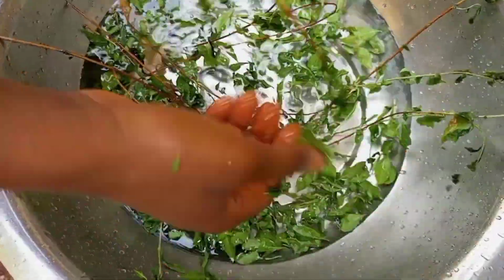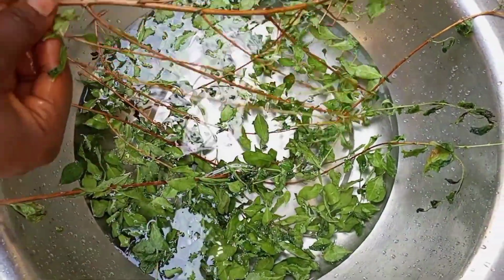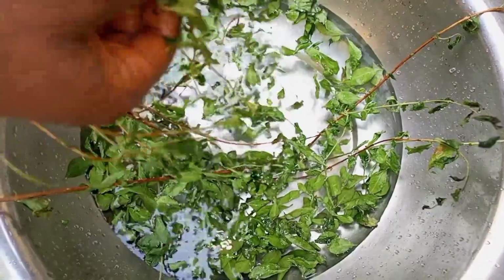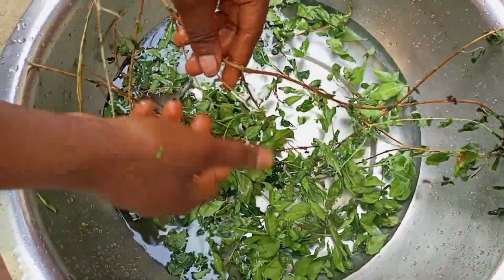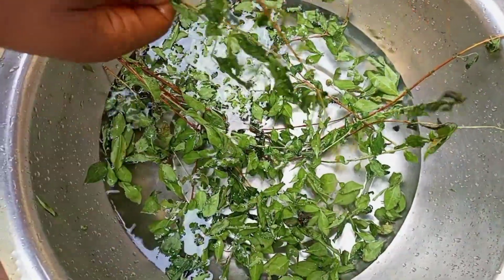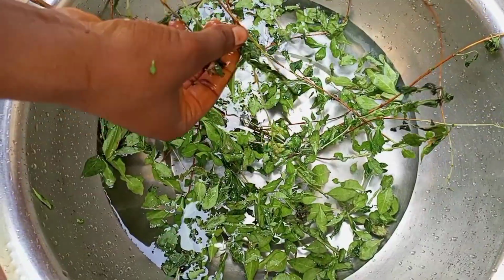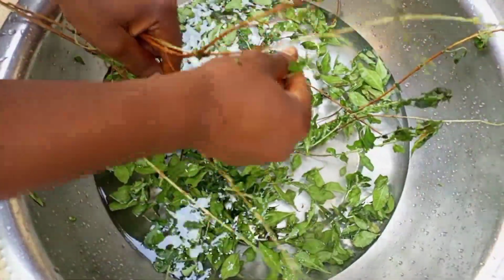Okay, now I'm just plucking off the leaves from the stem. You can wait till they are completely dried before plucking them off, but I'm doing this so it can fit into what I'll be drying them with, which you'll be seeing shortly. So keep watching. If you'll be taking off the leaves from the stem when it's this fresh, after plucking